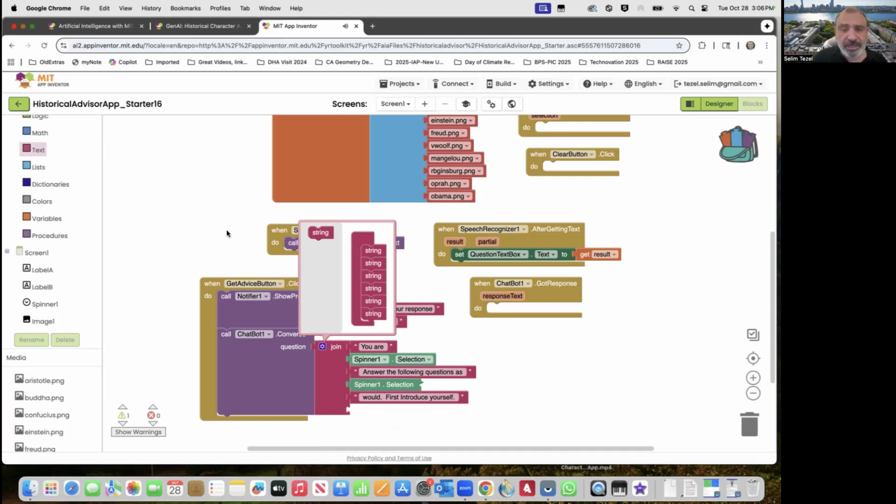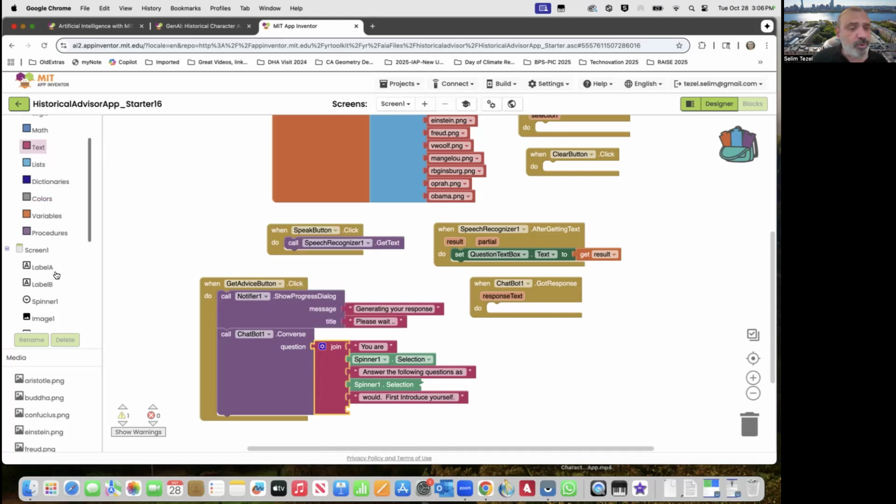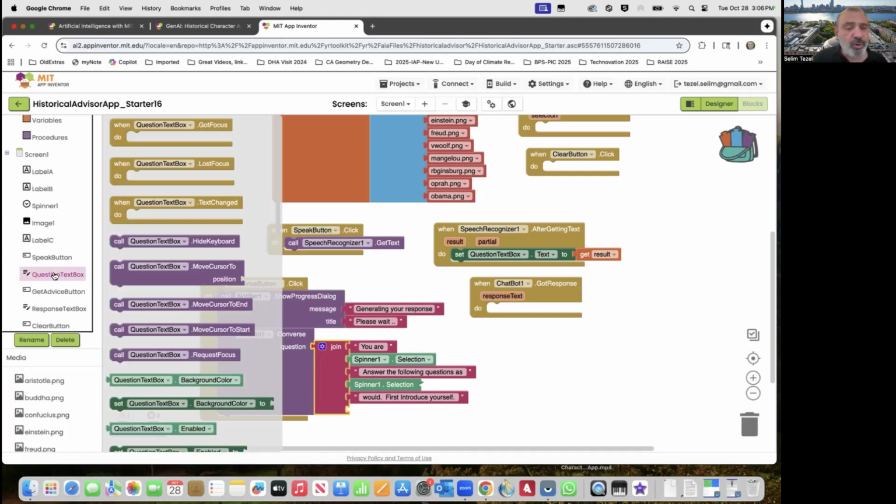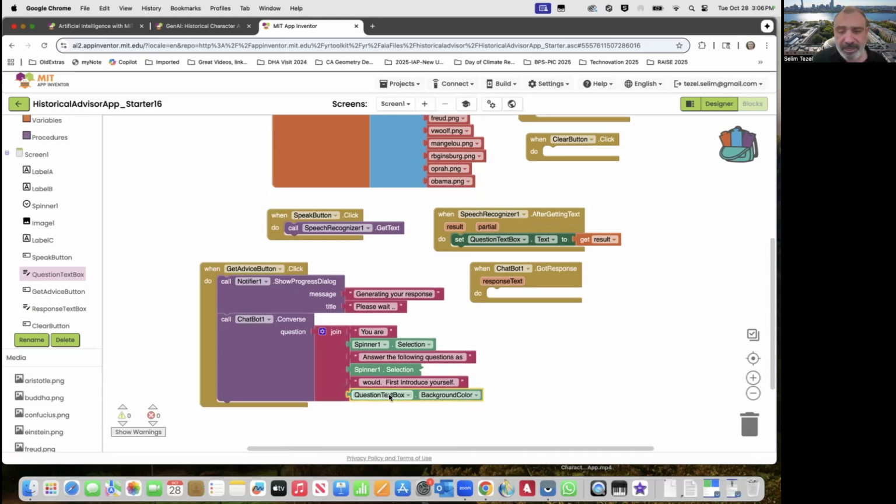Now, the question is, where is this query residing? The query is residing in the question text box. So I grab any of the getters, but make sure the property that you want to highlight here is the text property. Okay? So you are Albert Einstein. Answer the following questions as Albert Einstein would.